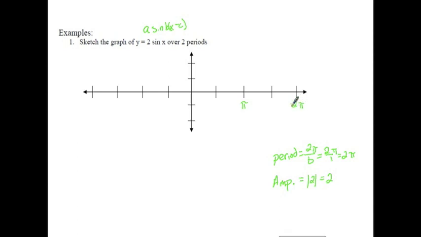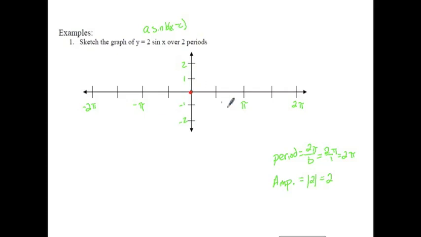So say pi and 2 pi, and negative pi and negative 2 pi. And then I'm going to count by 1s going up and down as well: negative 1 and negative 2. Okay? So I know sine at 0 is 0. That doesn't get moved at all. And the way I go about graphing these things, and it works pretty easily, I think,